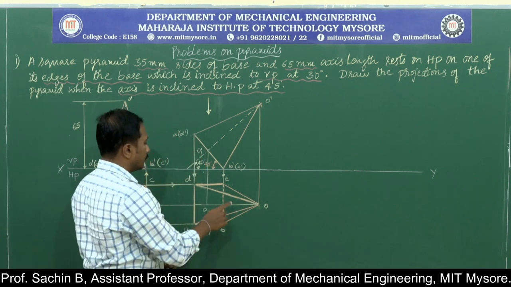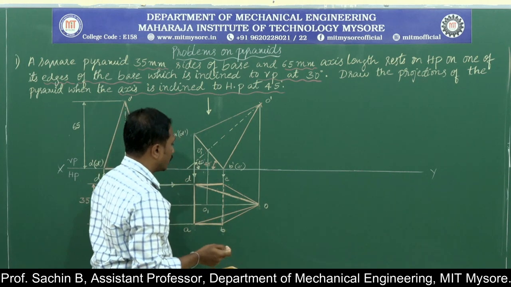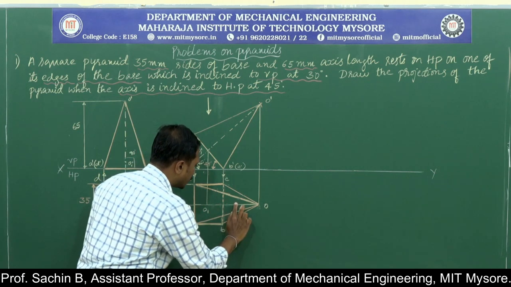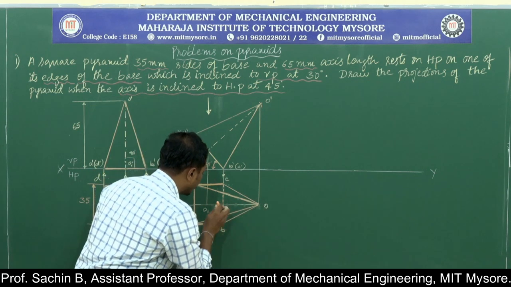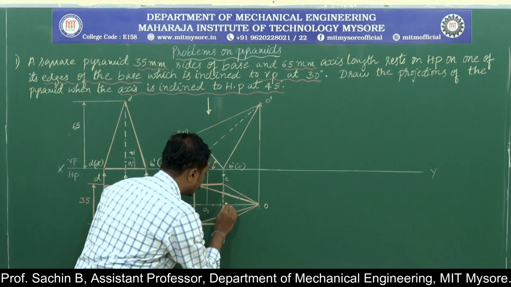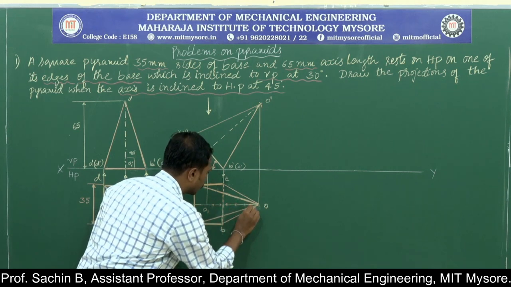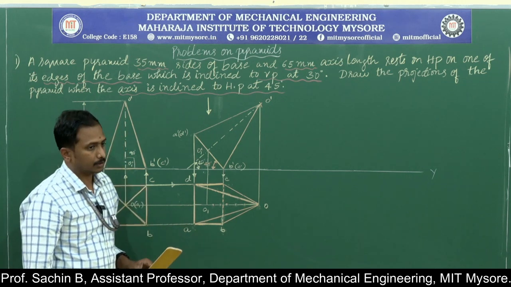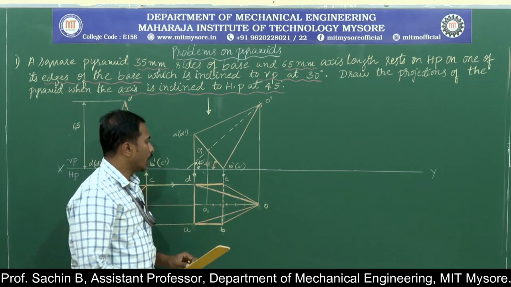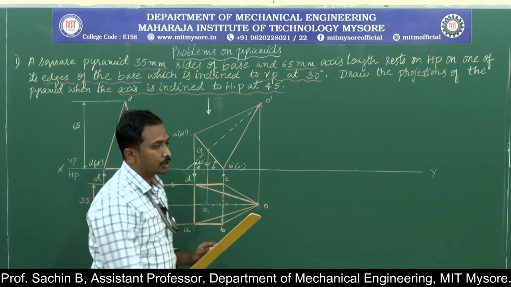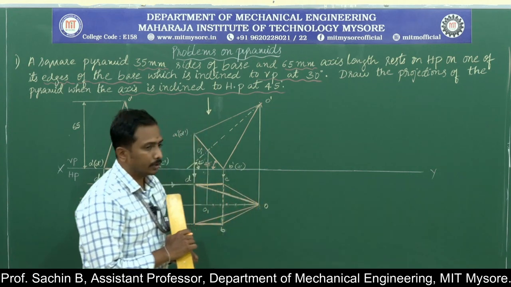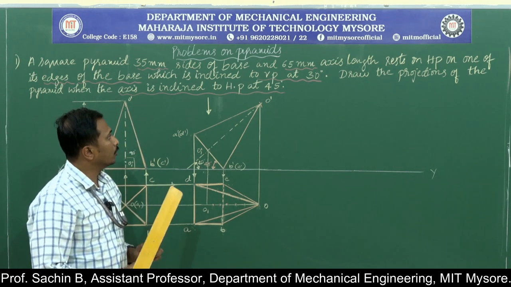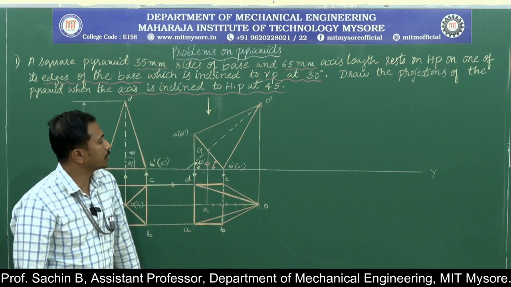Okay, I have written B dash to C dash, or B to C will be invisible, and here this is the chain line. I'll go for writing the chain line here. Okay, this is the second position of the object. Next I'll go for writing the third position of the object, which is going to clearly give the final position of the square pyramid. Now I'll go for considering the second condition here.